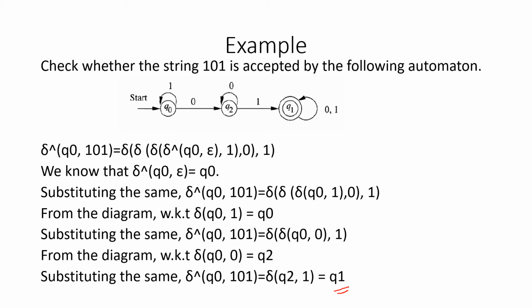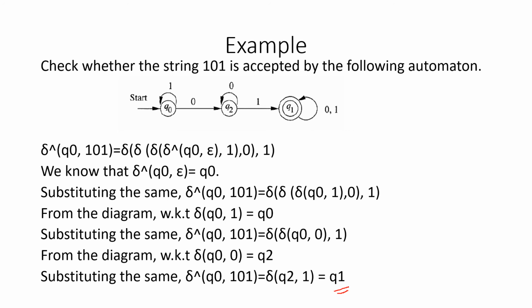Informally, by seeing the diagram itself, we can say whether the string will be accepted or not. Right? We'll just go ahead with that. So now what is the first input symbol? We know that always you have to start the verification from the starting state. Which is the starting state here? q naught is the starting state, right? So what is the first input symbol? 1. So q naught, when it scans the symbol 1, remains in the same state.